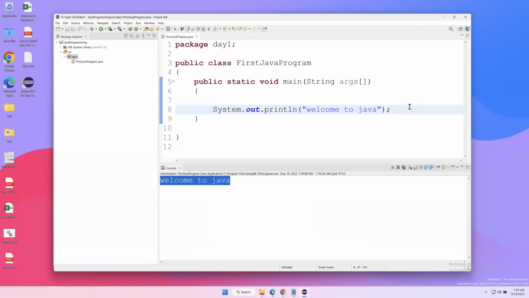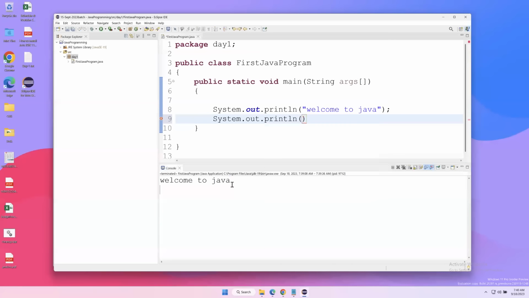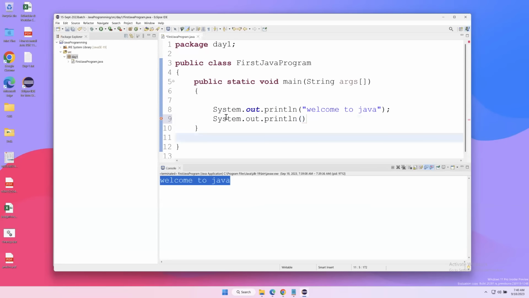Now, I will write one more statement here. I can say system.out.println. So what does system.out.println mean? This is actually the print statement. If you want to print something as an output, we have to use this command, system.out.println. Again, in the coming sessions, you will understand what is this system, what is out, what is println. In detail, we will try to understand. But as of now, we can just try to understand. If you want to write or print something as an output, you have to use this command, system.out.println. And inside this bracket, you can keep